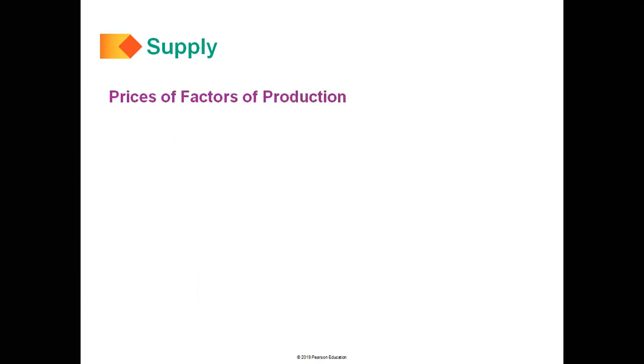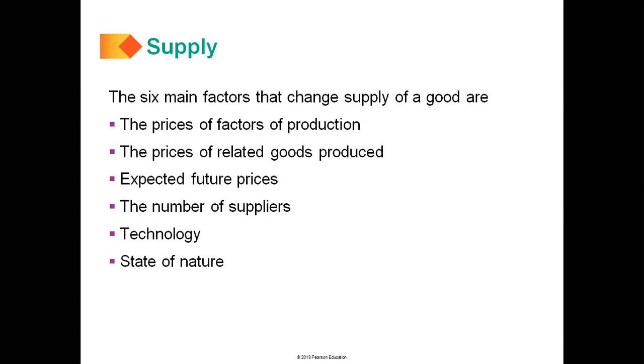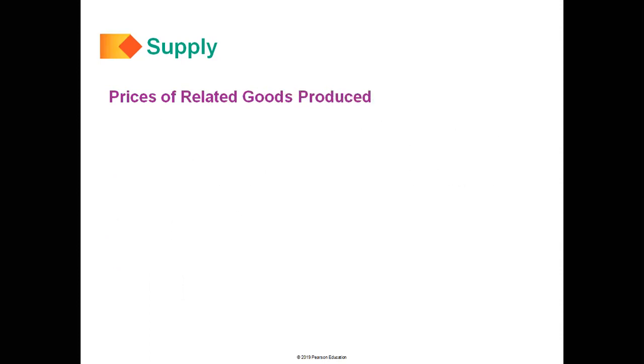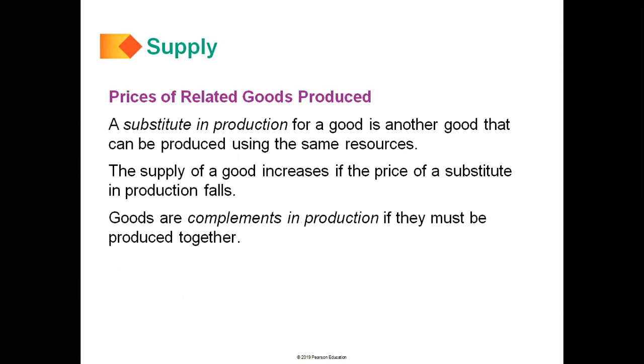And state of nature, that's often weather patterns, or we'll see what that looks like. Yeah, the factors of production: labor, land, capital, okay. Related goods substitutes. The supply of a good increases if the price of a substitute in production falls. Okay, so a substitute in production for a good is another good that can be produced using the